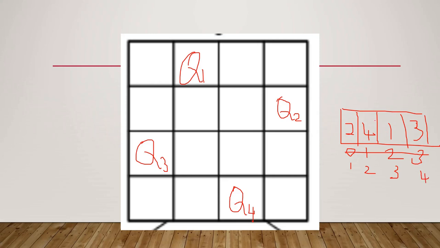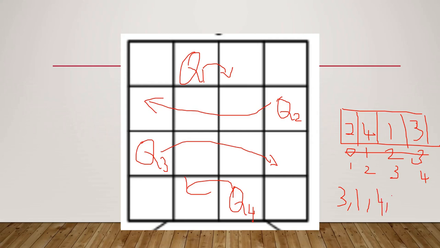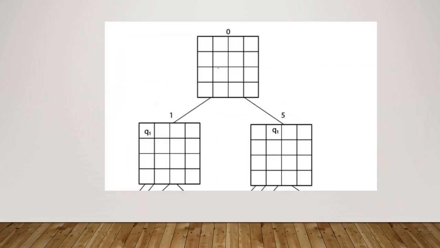Now in the first row, the second column is Q1, in the second row the fourth column is Q2, in the third row the first column is Q3, and in the fourth row the third column is Q4. So this is one of the solutions we have found through backtracking. There is also another solution. By mirroring this solution, we get another solution that satisfies all three conditions. Those values are 3, 1, 4, 2. So this problem has two solutions. We are seeing the representation of those solutions here.